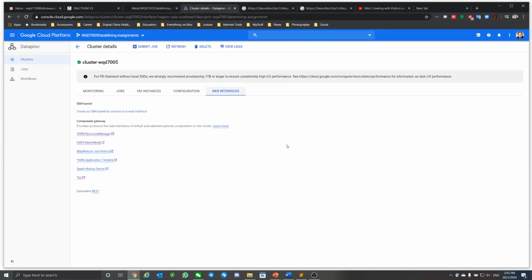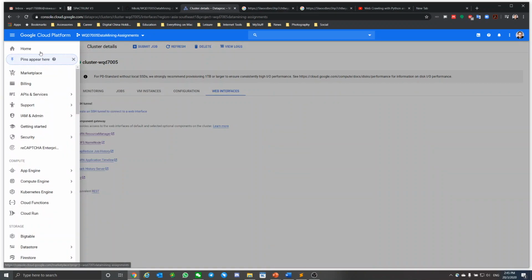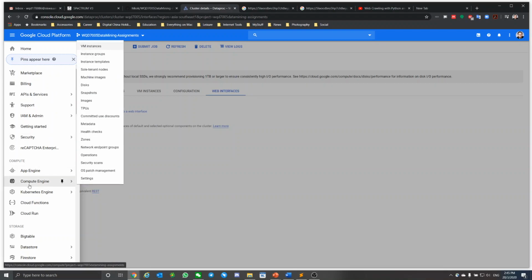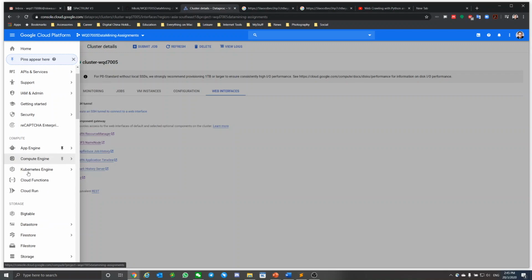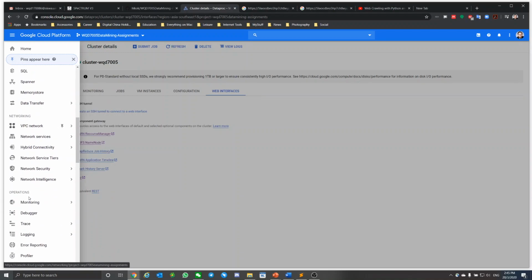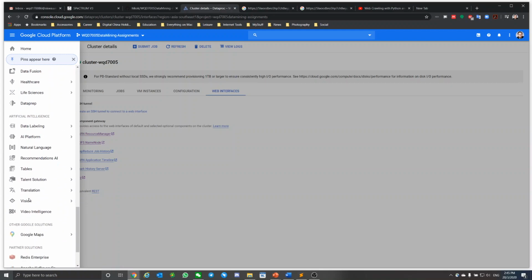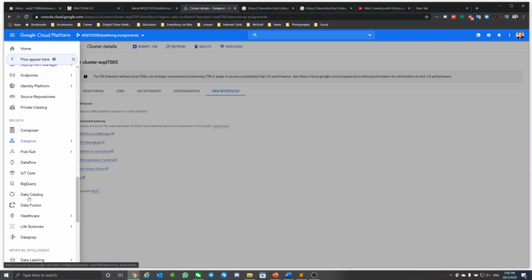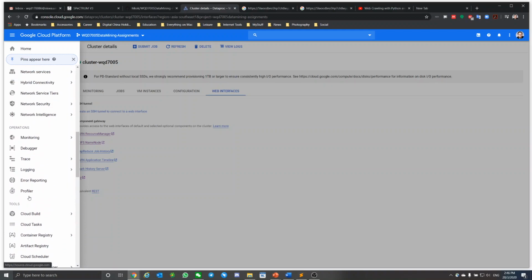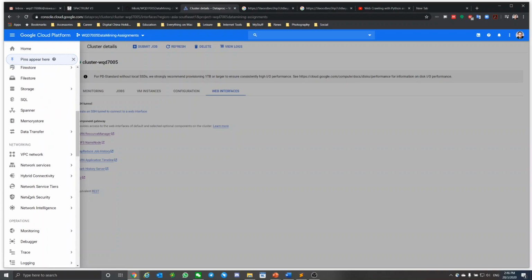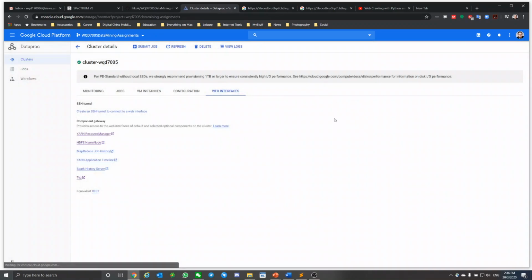So this is just a few glimpses of the snapshots of what we can use Google Cloud Platform for. There are various different options, as I've mentioned, when you click on the navigation menu. As you can see, there are various functionalities that we can choose, be it compute, storage, networking, operations, tools, big data, artificial intelligence, and so on and so forth. What I can also do is show you, based on the data that we've acquired, how we stored it and pushed it into our